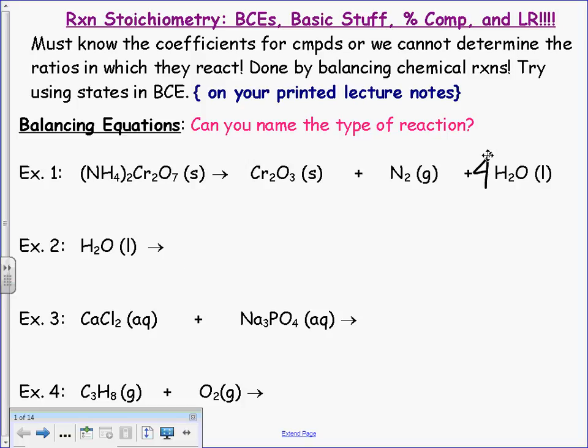Yep, it's just a 4. Because you see that your nitrogens, there are 2 nitrogens there, and there are 2 nitrogens there, and you see that you need 8 hydrogens, so the only fix is a 4 coefficient, and everything else actually is balanced. So we're good there. Next one, if I apply electricity